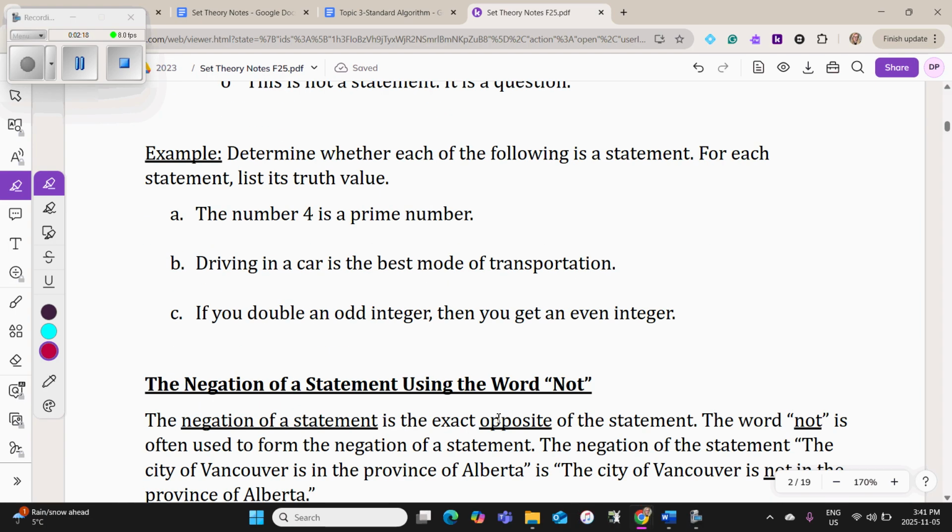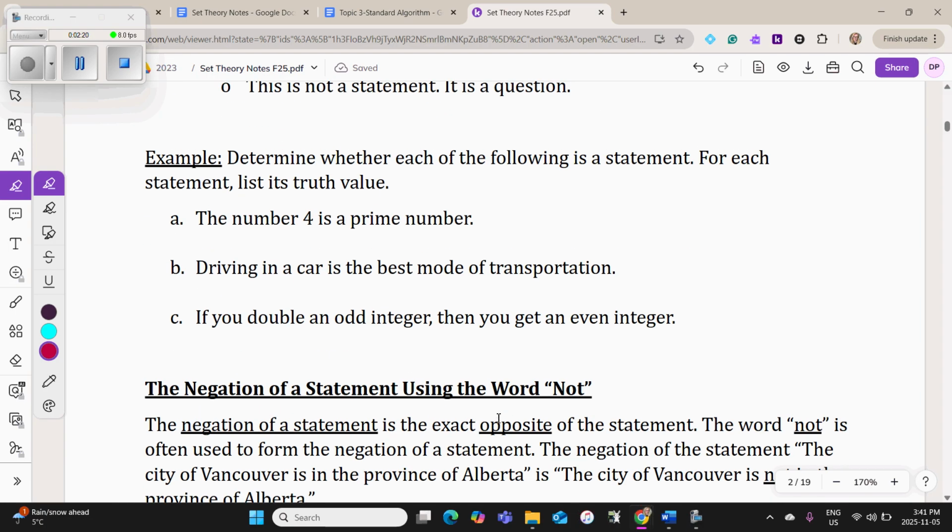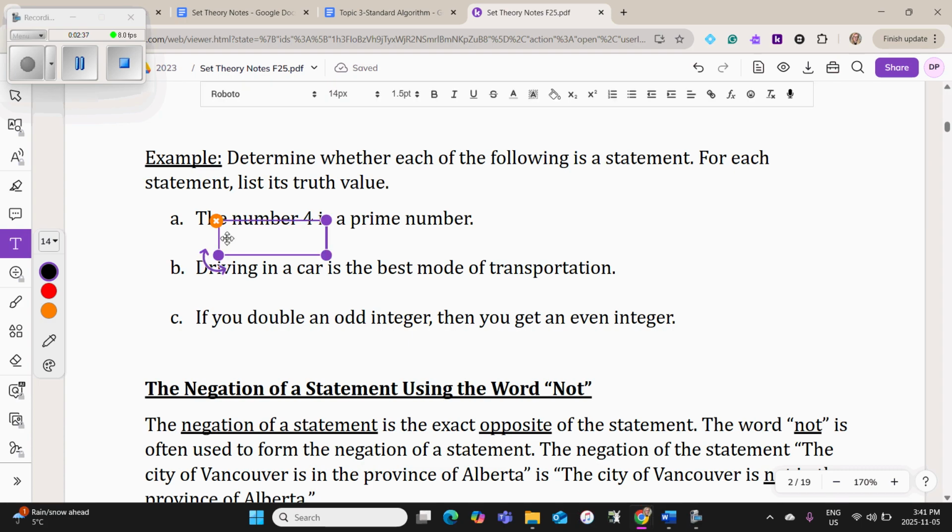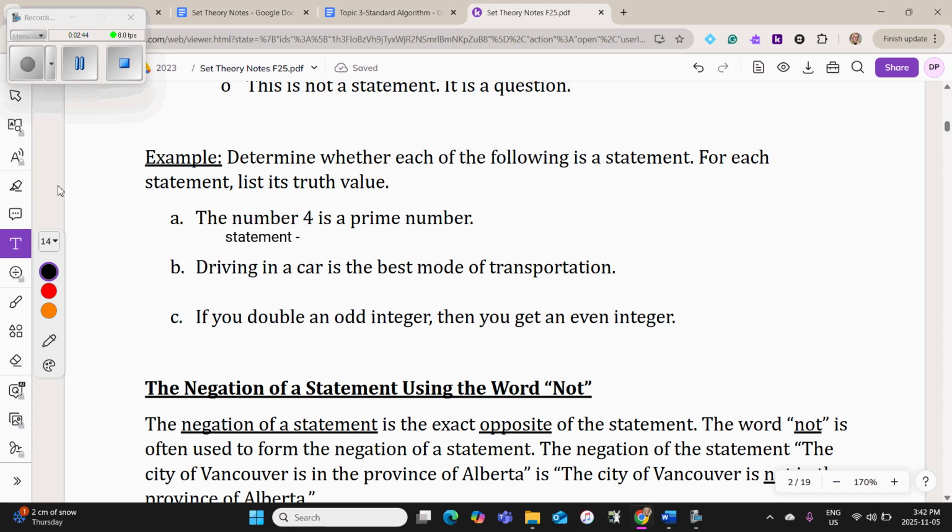So let's try some examples. The first example here says, determine whether each of the following is a statement. For each statement, list its truth value. Okay, first one. The number 4 is a prime number. So the first thing that I notice is that, yeah, this is definitely a statement. Now it's whether it's true. So I'm just going to jump ahead